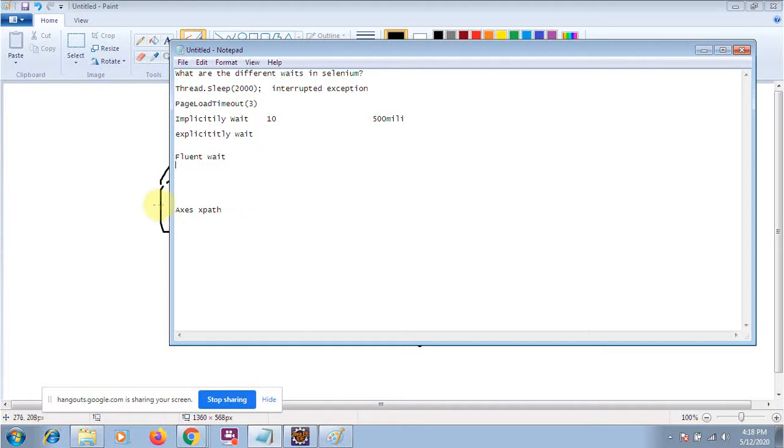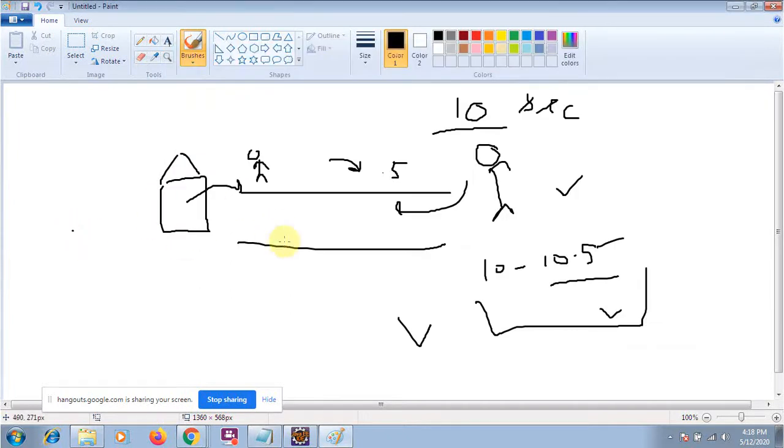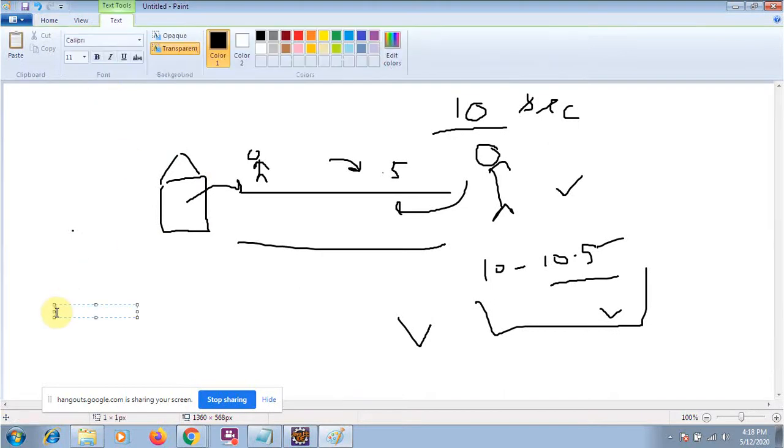So what is meant by the fluent wait? It means you are setting up your own polling time, customizing your own timeout time, and also customizing your own exception, whatever exception you want to manage at your end.